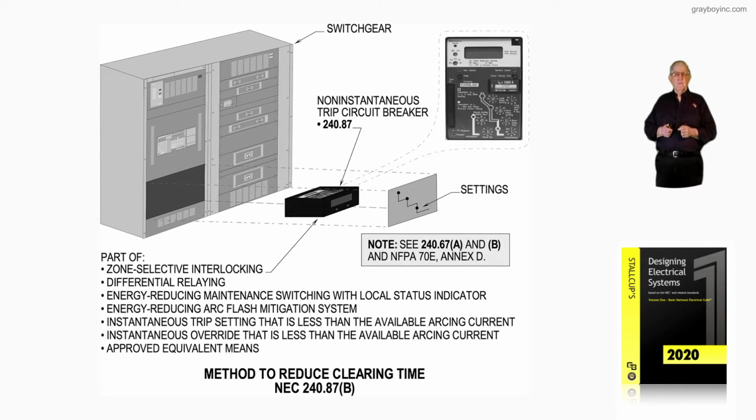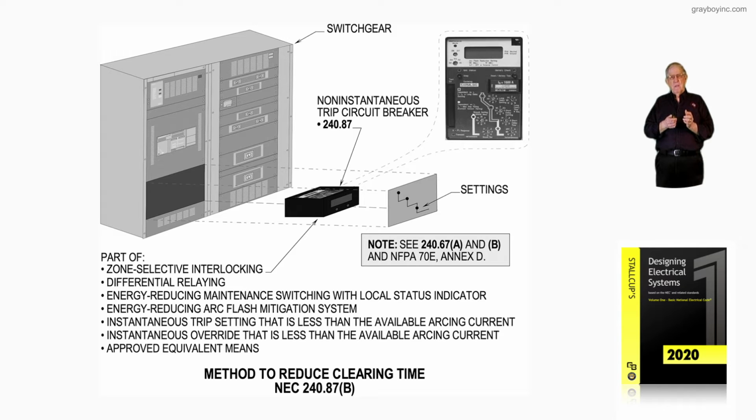Now this illustration deals with the method to reduce clearing time in accordance with 240.87(b). Now, reviewing that note, it says 240.87(a) and (b) and NFPA 70E, Annex D. Now, this type of system, 240.87, is used so we can remove the instantaneous trip characteristic of